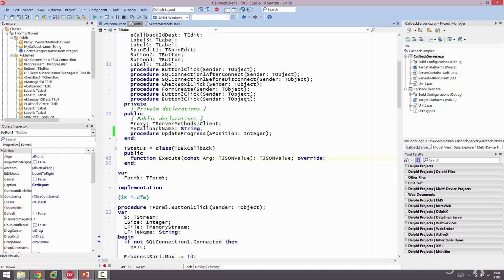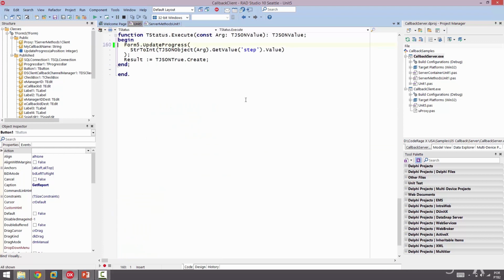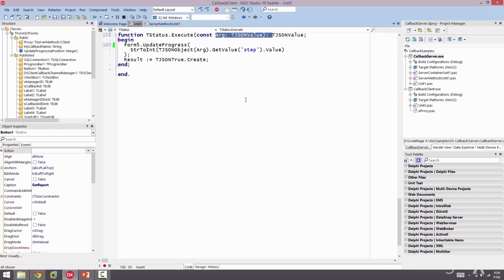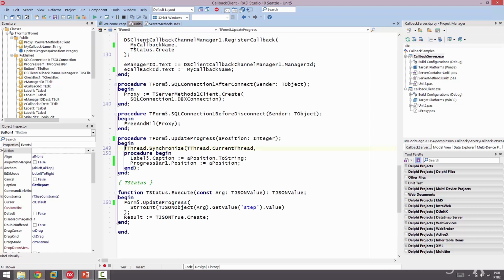We will send a structure that the DBX framework implements to give the server the ability to send us some JSON value, and when we receive this JSON value, we will call the update progress method, passing to it the value. And the update progress method will only use the synchronize thread method to update the label and the progress bar